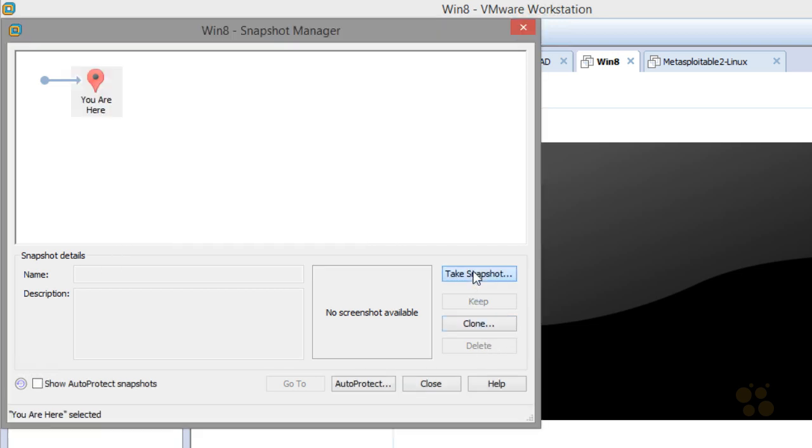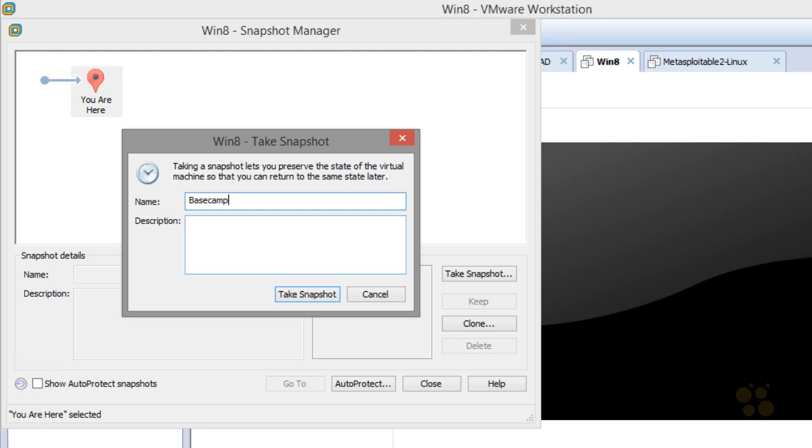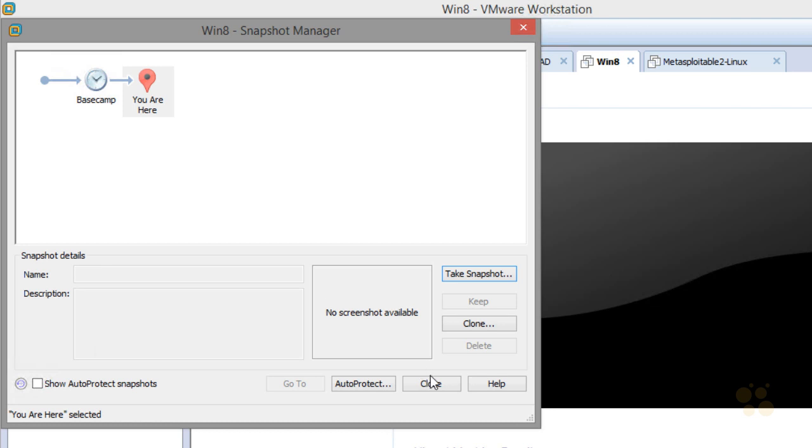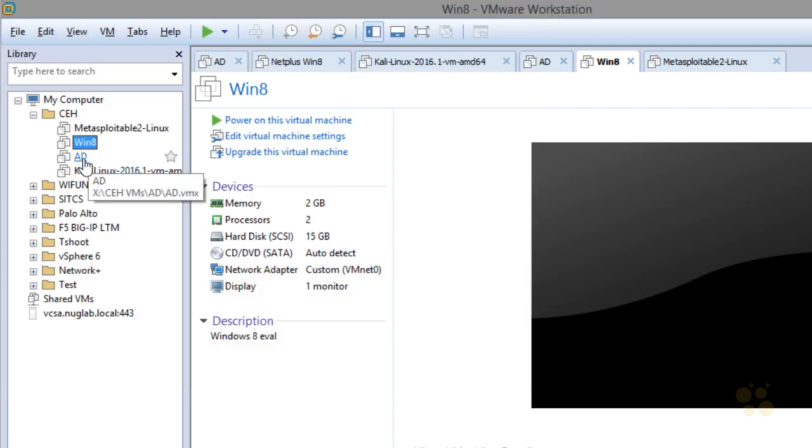And then click on Take Snapshot. I'm going to call this Basecamp just to represent a time and space before we started compromising or messing with this virtual machine from an attack perspective. So we'll take that snapshot, we'll click on Close, and we'll do the same thing with Active Directory, that Windows